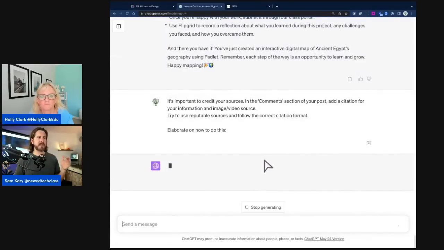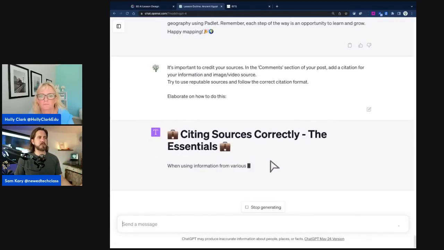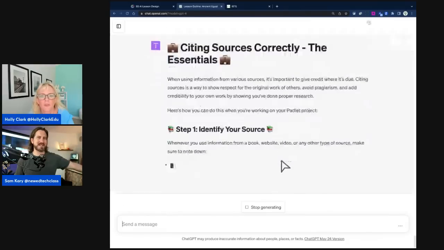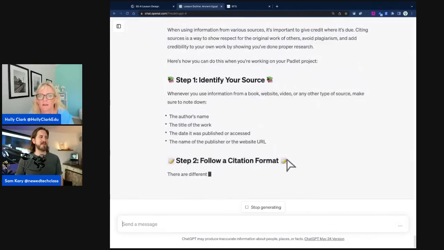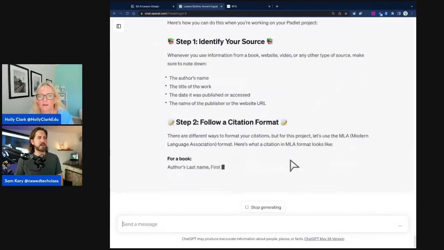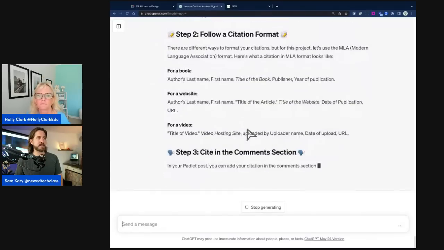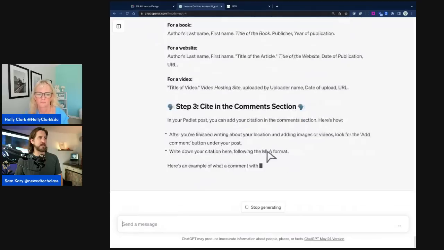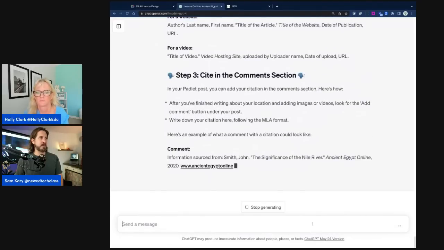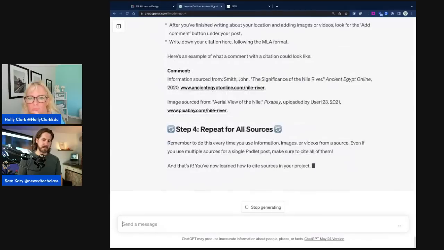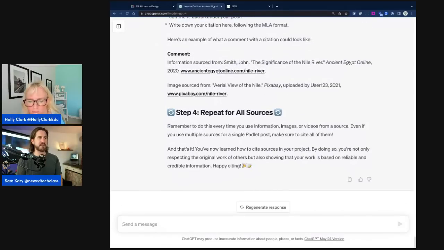So at any point you want it to, we could maybe generate a whole other step-by-step thing. We could take this now. And so it's turning this into a whole step-by-step instructional thing. I could do lots of things with this now. So maybe I don't actually want to give this as a handout, but I do want to turn this into a Google slide. So now I can say,